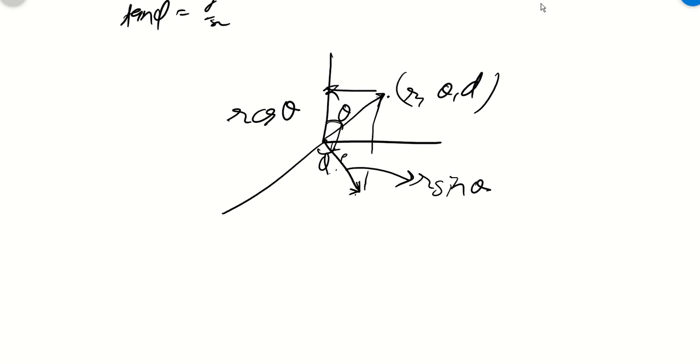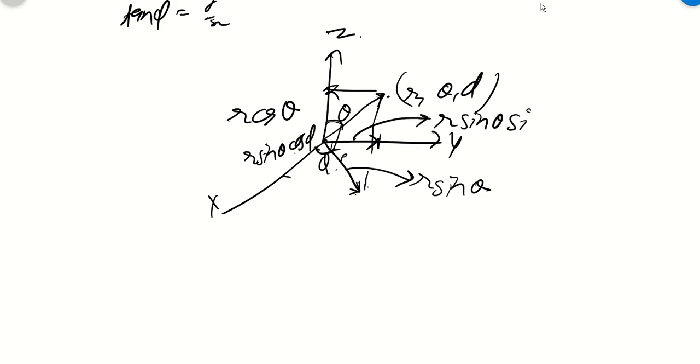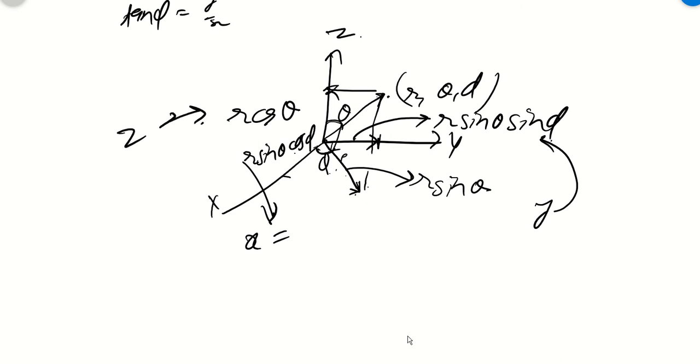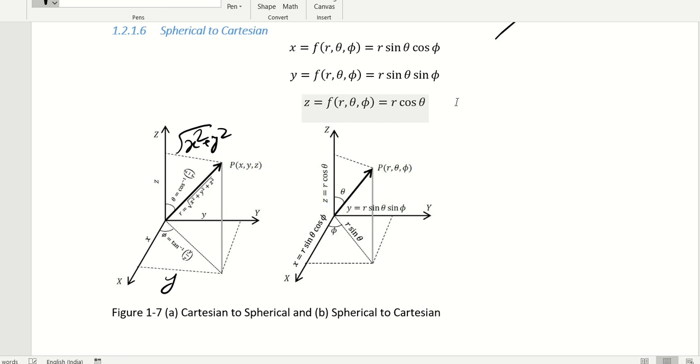Now this is also a vector r sin theta. So in x direction and in y direction I can find out. So in x direction x component will be with angle phi. This vector is r sin theta cos phi, and this will be y. So y will be my r sin theta sin phi. So this is how you get x equal to this much and y equal to this much and z is equal to this much. Understood? So x and y and z immediately you found out now.